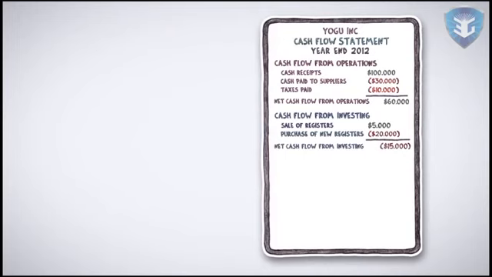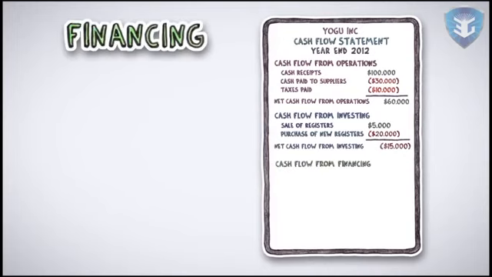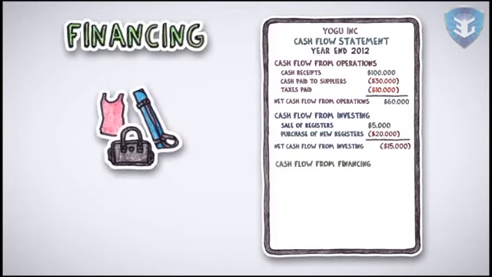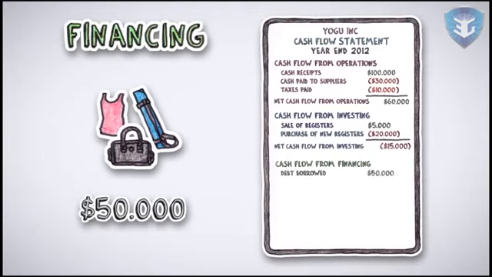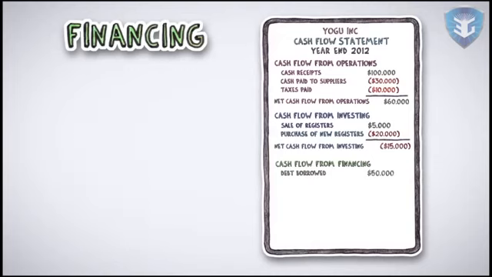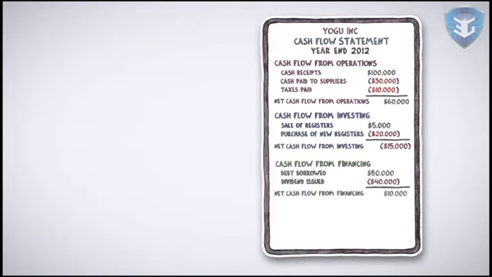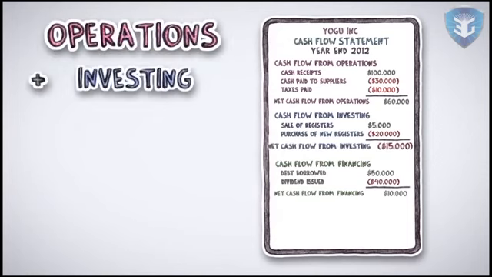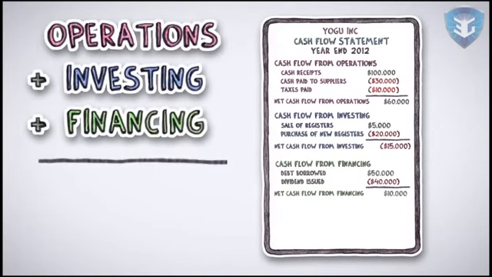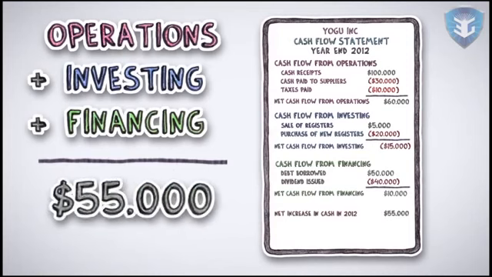Lastly, Amanda needs to input her cash flow from financing activities. Last year, in order to stock up on inventory, Amanda borrowed $50,000. She records this as debt. Amanda also paid a $40,000 dividend to her shareholders. She adds up net cash flows from operations, investing, and financing, and records a net increase in cash of $55,000